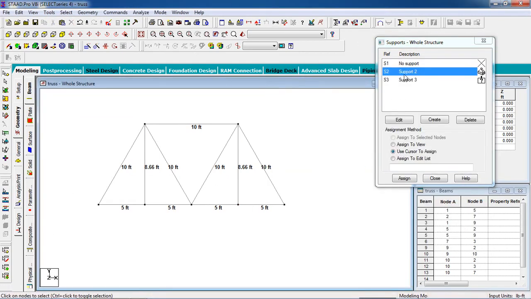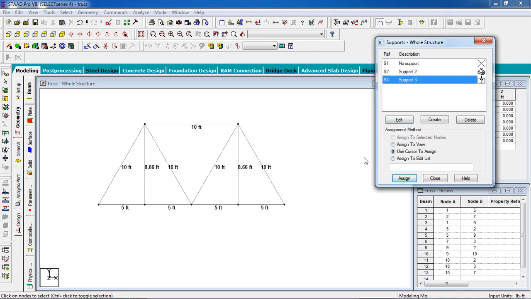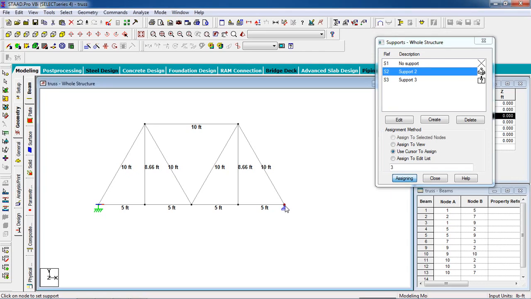In the left is fixed part, so select this, and you can click on use cursor to assign, then click on assign. You can see assigning, and you can give here. Again switch on this, and you can give here. This is the purpose of use cursor to assign.